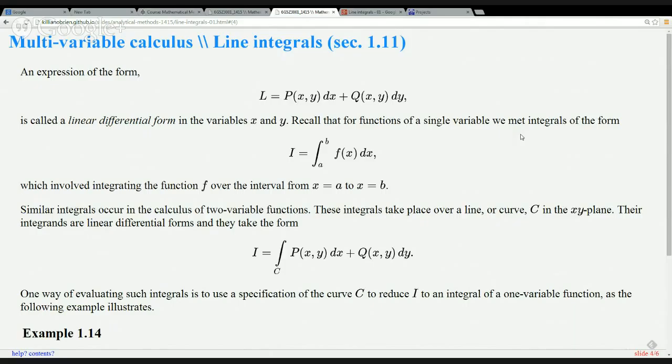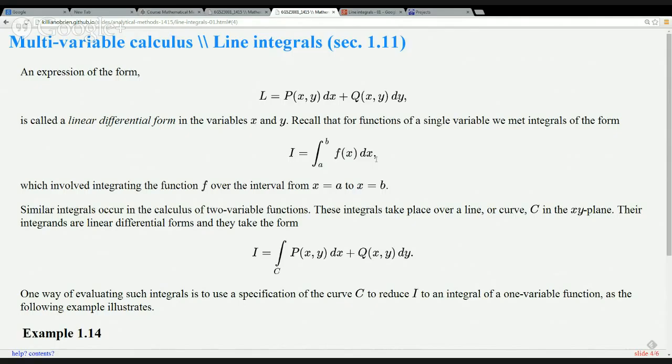These are the integrals that perhaps look most like the integrals you're familiar with doing of a function of a single variable. For functions of a single variable, you're used to seeing expressions like this, where you're integrating a function f of x from some starting value a to some ending value b. But when there are two variables involved, this expression, f of x dx, is an example of what we call a